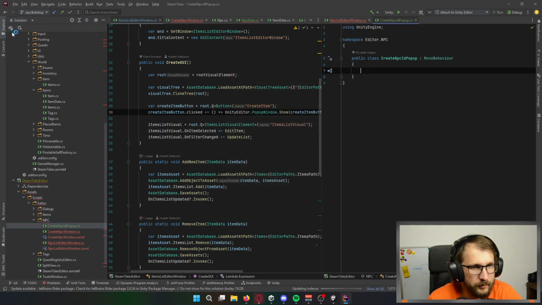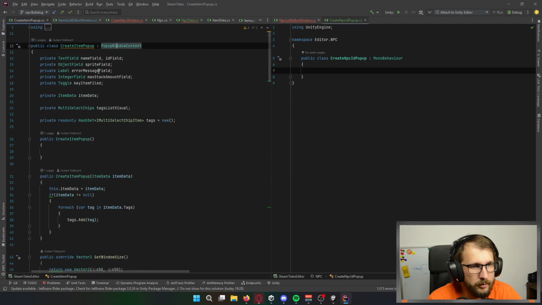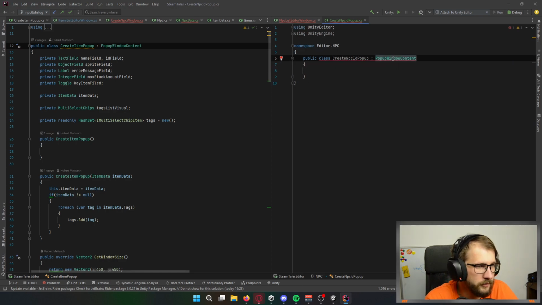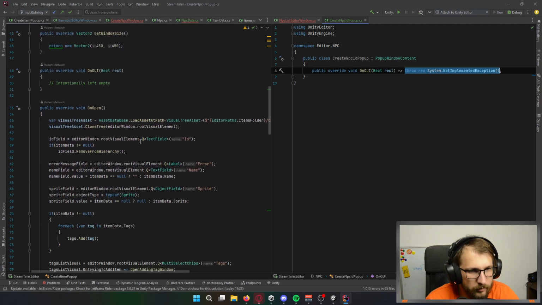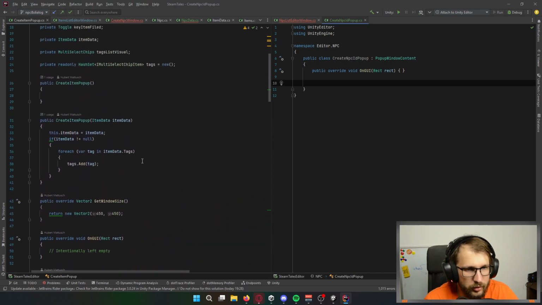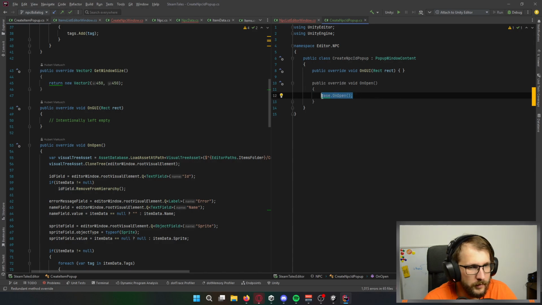Of course, add it here. And where is my pop-up? Okay. So this is pop-up window content, of course. Implement missing members on GUI. So we need this to be empty, and we want to override on open.